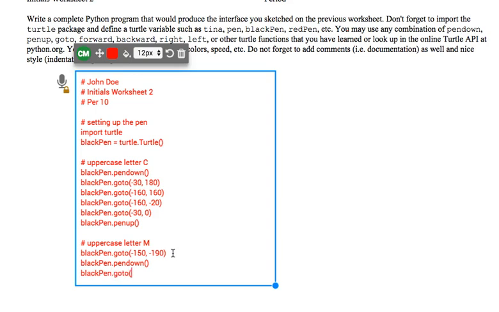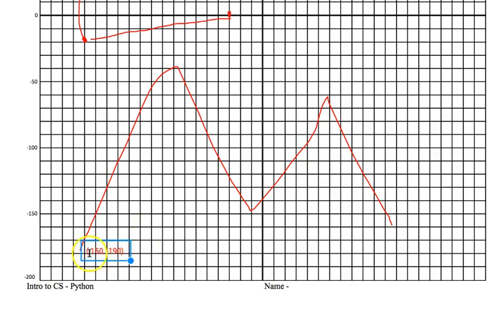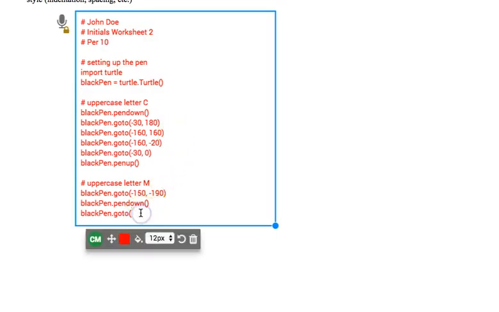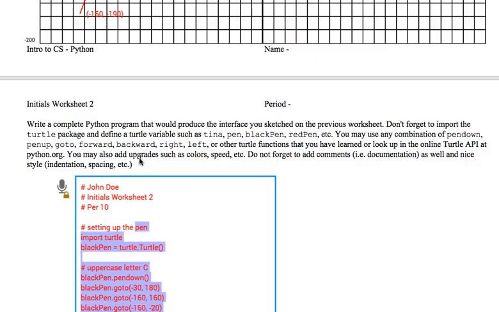Okay, the next point, because I chose to start here in this corner of the letter M, I want to go to this point, which in the previous video was the point -90, -30. -90, -30. If I executed this Python program at this time, it should work, unless I forgot something, which as a